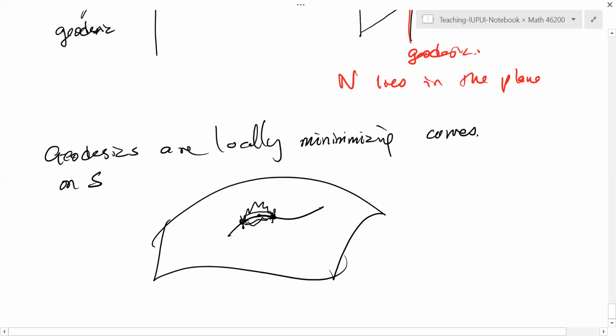So that's why it has a minimum length. Okay. So if you want to go from one point to another point, the shortest path will be the geodesic. But then maybe there are many geodesics there. And sometimes they call it global minimum geodesic,